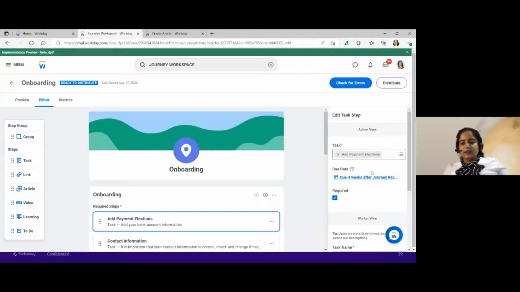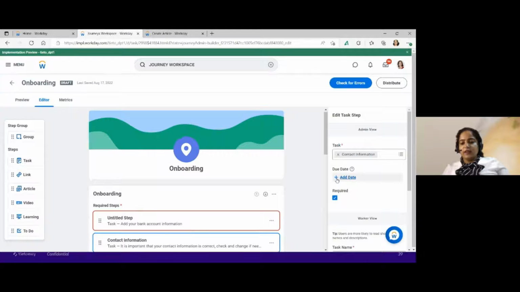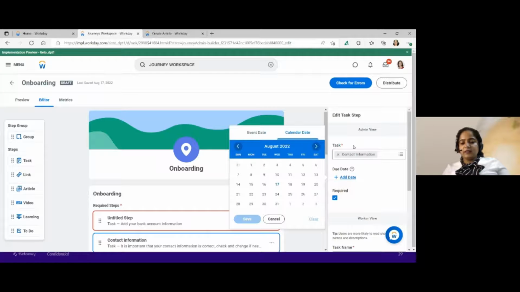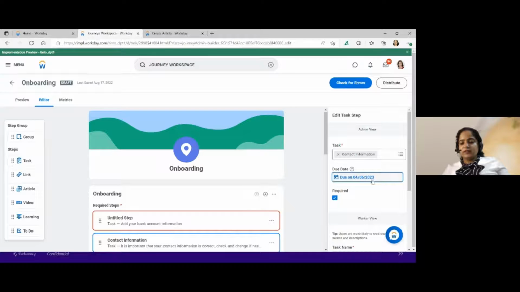And if I don't need event based maybe, we can just select the next one. If I want to have it on a calendar date, I can just select whatever date I want this to happen, the journey workspace, and I will put save. When I saved it, you can see that the due date appears. I check for errors. Okay, there is some error here, but